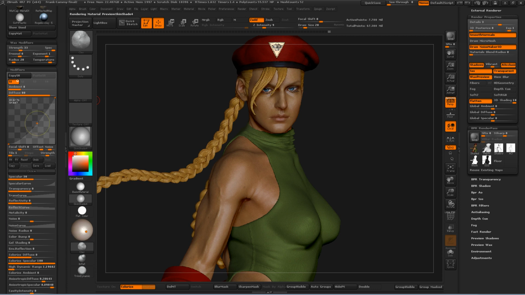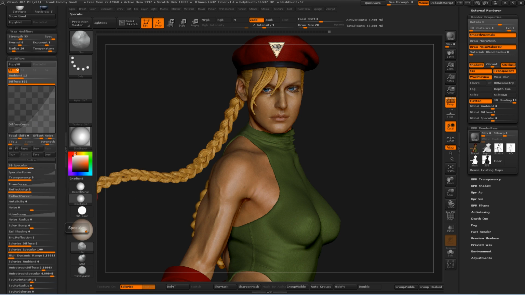If we do this, and then crank diffuse up and crank the ambient up a little bit, you get another kind of feeling. What I'm saying is there are a lot of things you can do to improve the skin material. You can also go to specular,